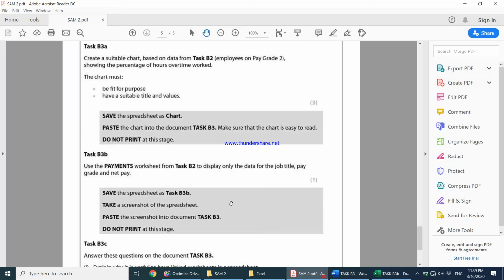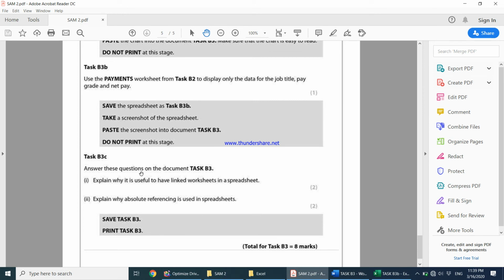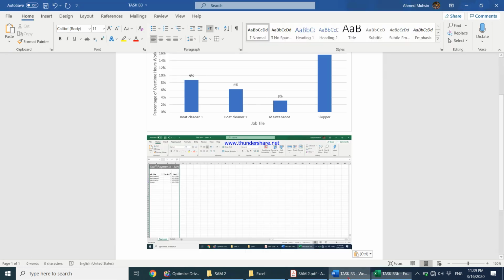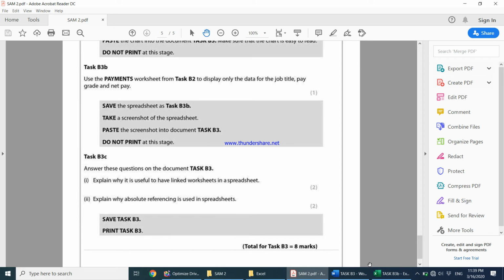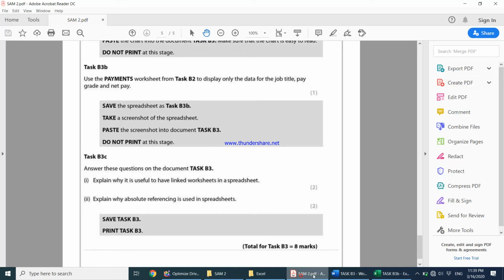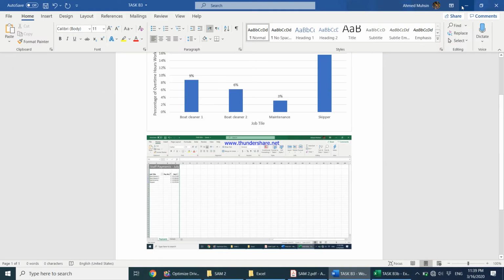Then it goes on to say, answer these questions, explain why it is useful to have linked worksheets in a spreadsheet. So we do have a linked worksheet. We have the payment worksheet, which is connected to the details worksheet. So they're asking us, why is it useful? So our answer could very simply be, let us number the question first. Task B3C,